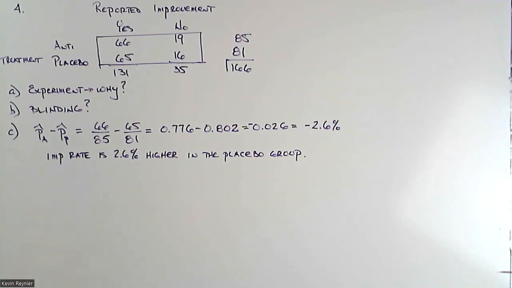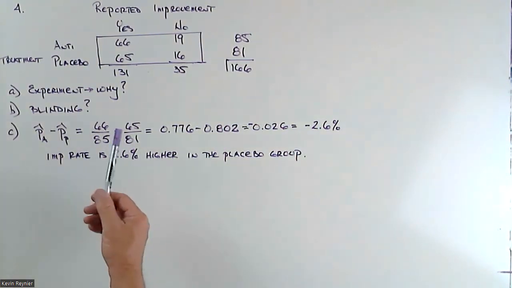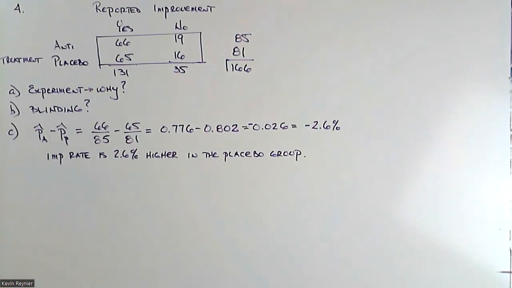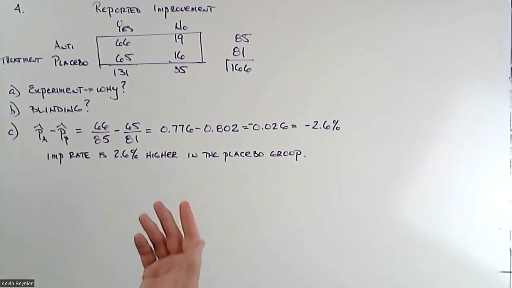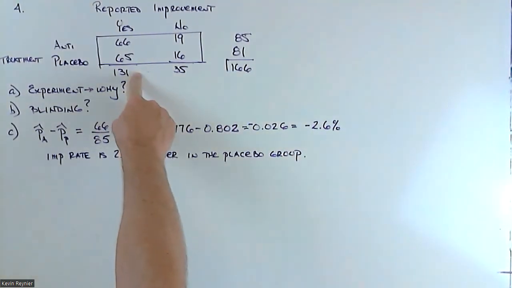Well, at first glance, it would appear, based on this number here, that... how did they phrase it? At first glance, does antibiotic or placebo appear to be more effective? At first glance, it appears the placebo is more effective, doesn't it? Because after all, we have